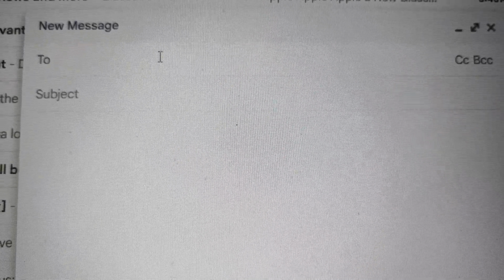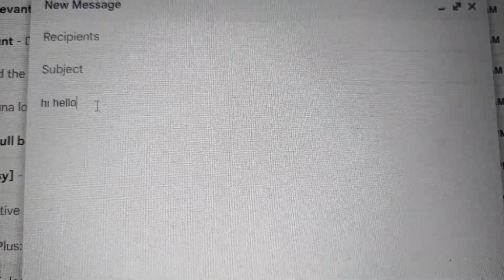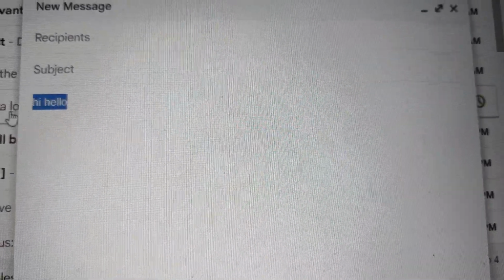Once you click on the compose option, you can see some of the options, like to whom you are sending the mail and the subject of the email, and here you will write the content. Whenever you write the content here, you will write something like hi, hello, and all. Once you write the text, suppose you want to change the color of this text